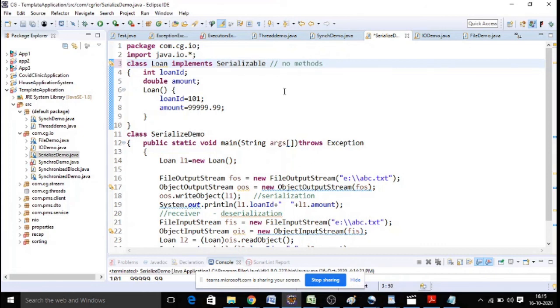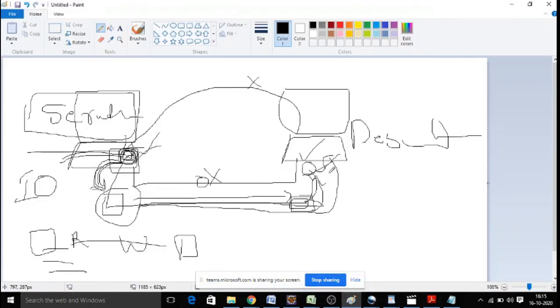When an interface has no methods, it is called a marker interface. There is another interface called Cloneable, which is also a marker interface and doesn't contain any methods. With Serializable, we can share objects across the network, meaning sharing an object from one system to another system.